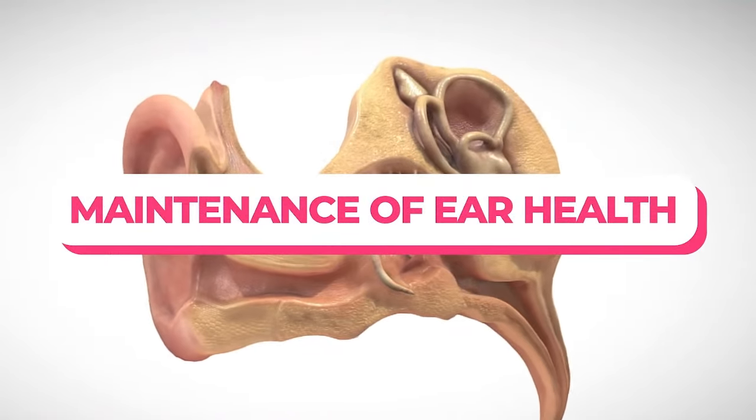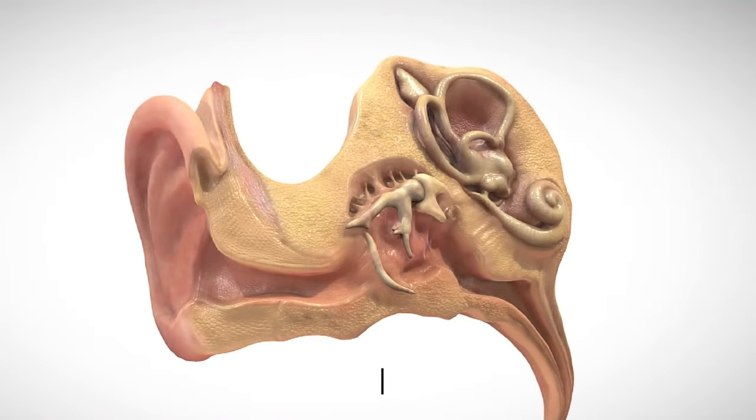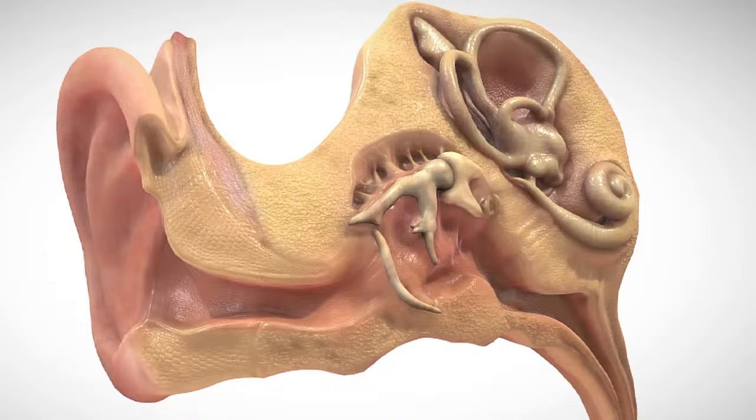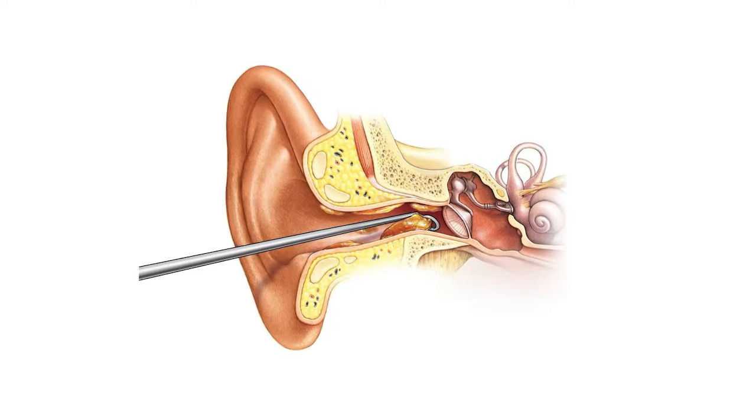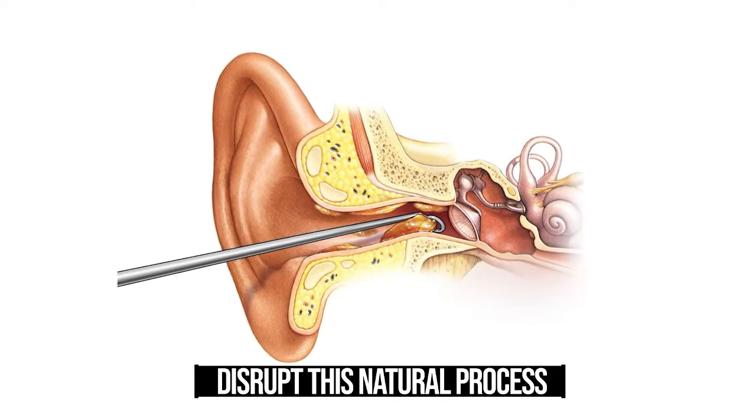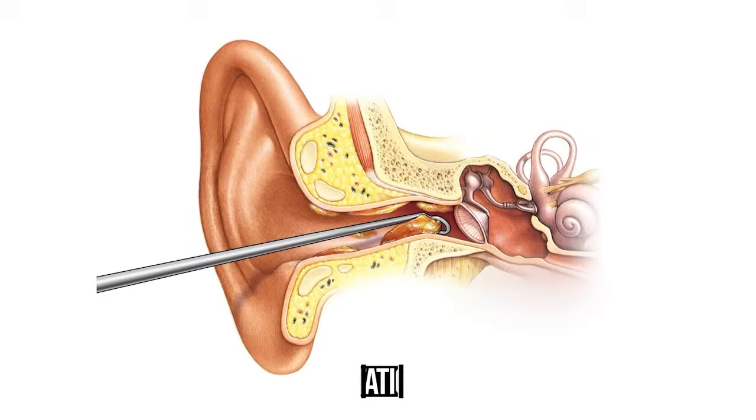Maintenance of ear health. Normally, the ear canal is self-cleaning. Earwax and debris gradually move out of the canal due to the movement of the jaw, like when chewing, eventually drying up and falling out of the ear. Overcleaning or using inappropriate objects to clean the ear can disrupt this natural process and lead to problems like impaction,